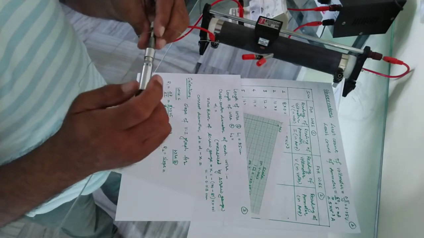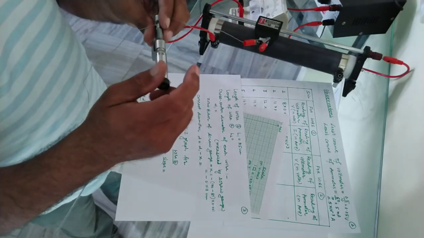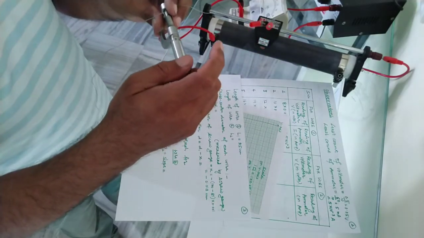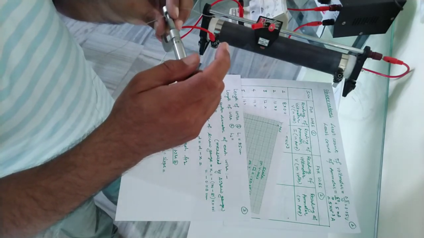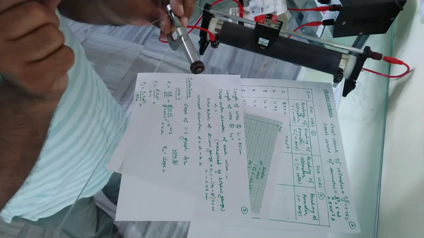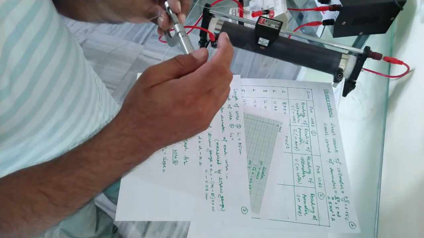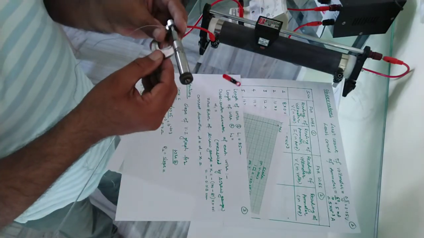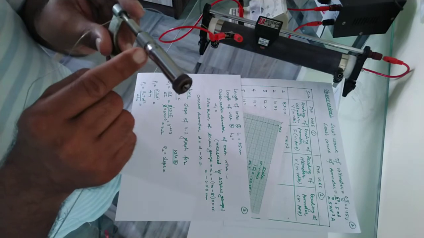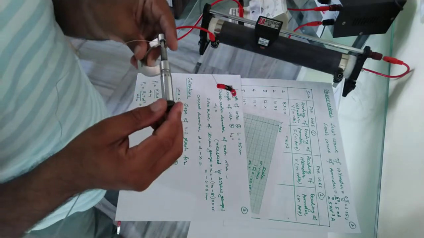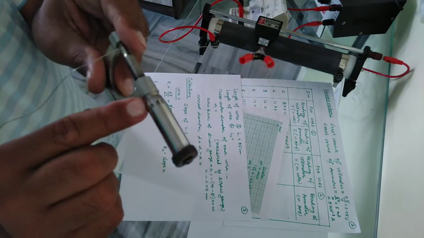Okay, and then slowly I move the ratchet so that the wire is exactly between the two studs in contact, and a sound is produced by the ratchet, confirming that it is exactly between the two studs, and the thickness of the wire, that is the diameter of the wire, is measured by the screw gauge. I see here there is no division seen on the main scale, but the circular scale division is 35. You can see over here it is 35.